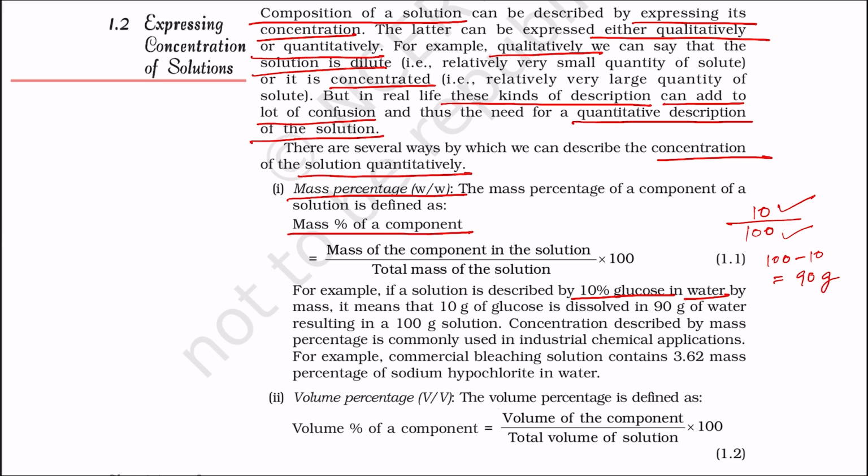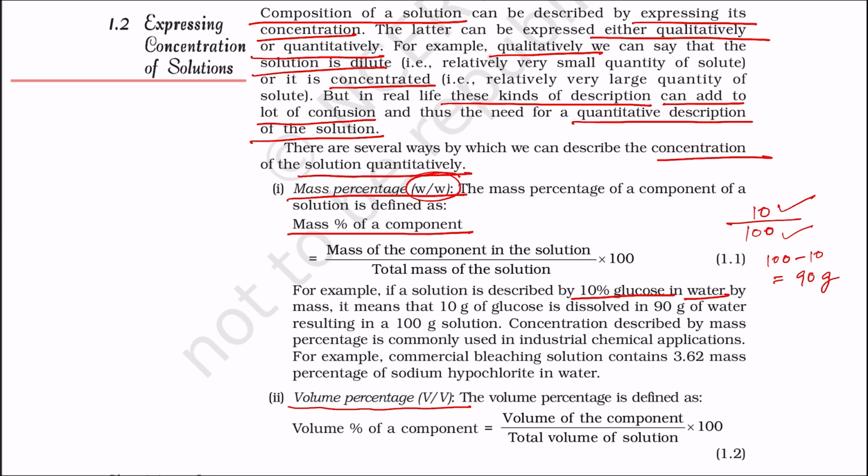अब यहाँ पे न्यूमरेटर और डिनोमिनेटर दोनों में वेट है. Weight of solute divided by weight of solution. Therefore this is called W by W. Now next, volume percentage, that is volume divided by volume. So volume percent of a component